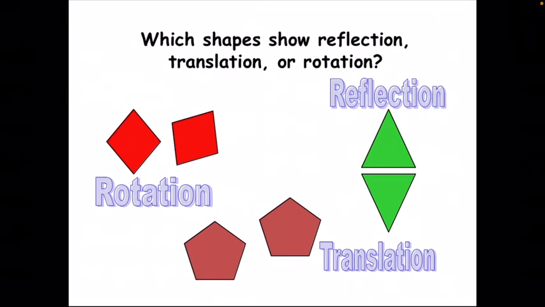Last but not least, here we have shown the objects that are segregated for reflection, translation and rotation. When you see the rotational part, the diagram has been flipped or turned or rotated. In the reflection part, it shows the exact image in the reflected position. Translation is when an object or an art is slid to a new position with many figures, that is called translational. So these are the differences between rotation, reflection and translation.